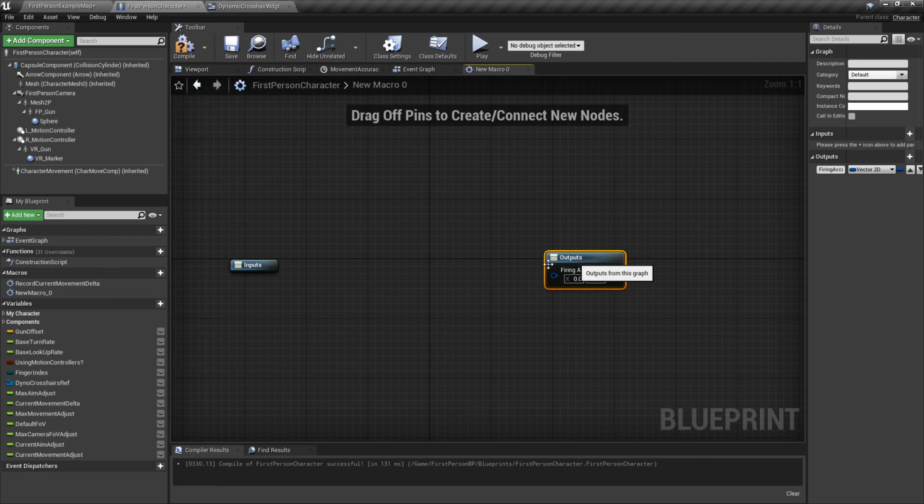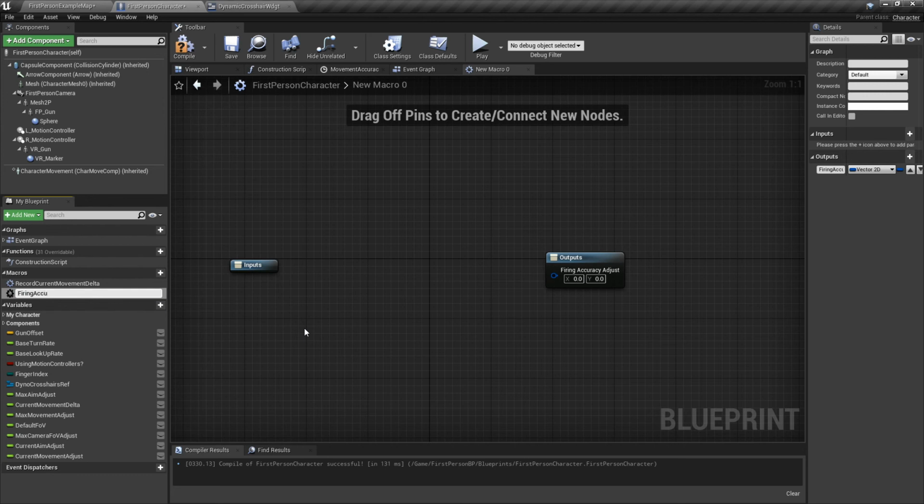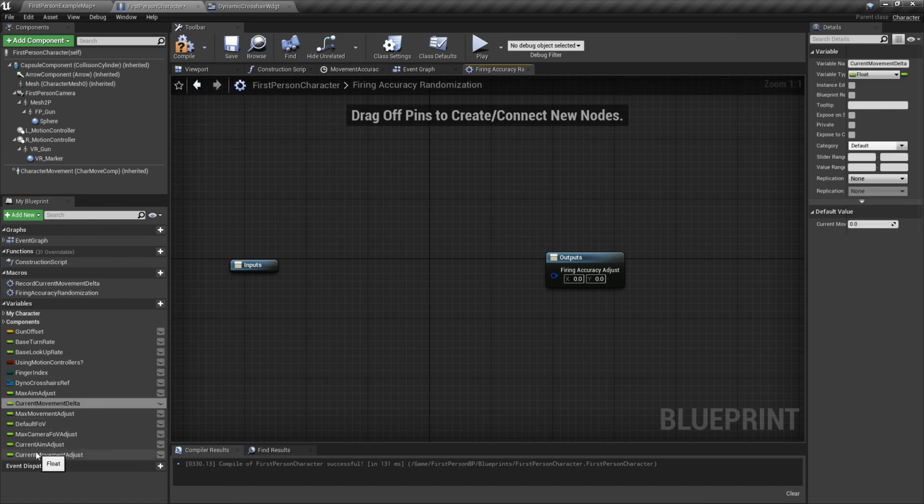Inside of this macro, which I should actually call firing accuracy randomization, we're going to make everything randomized based on the values we have. In here, we're going to grab our current aim adjust,